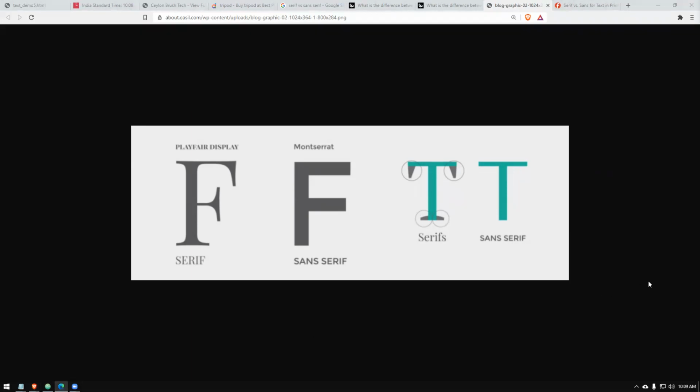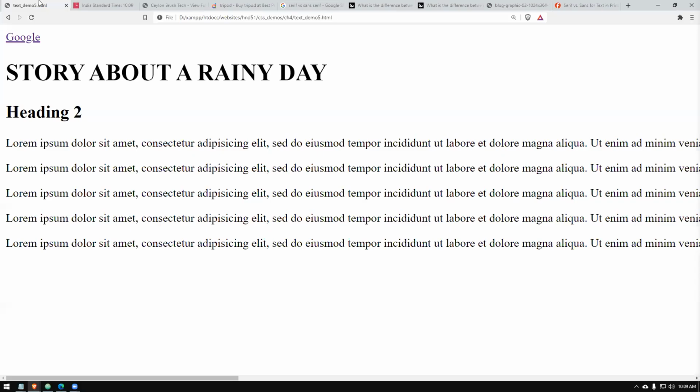So these are the basic two types of fonts. After that, we will learn how to change different font families, font sizes, and font thickness, so that we can have more control over the fonts, the typefaces. That's the small theory part I just wanted to teach you. Okay, let's go back to the lesson now.